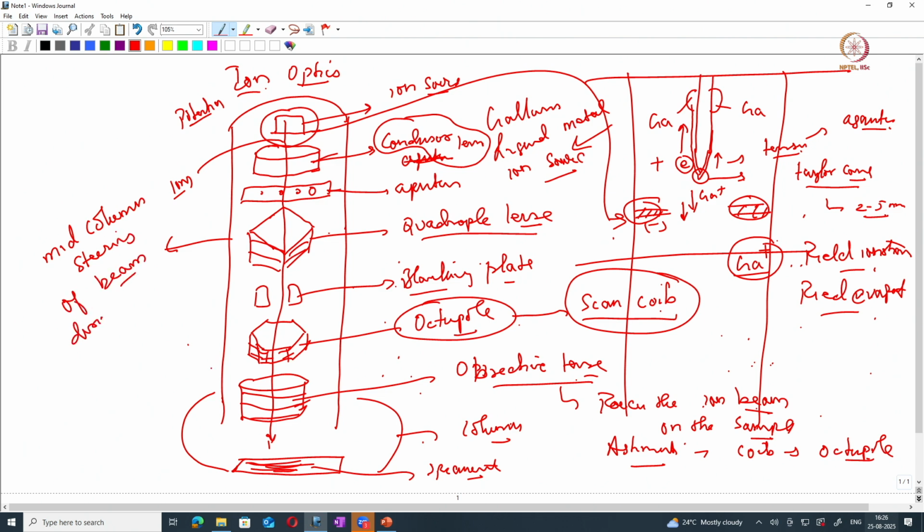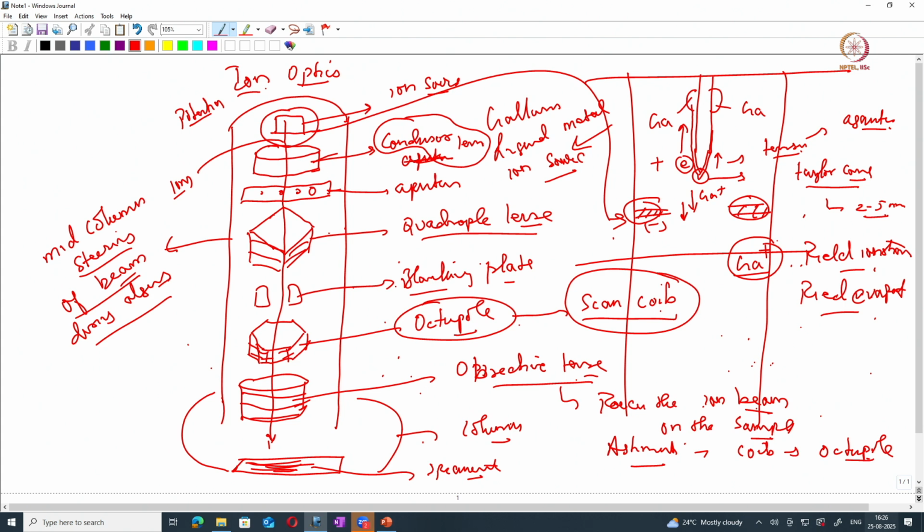Okay, so your quadrupole lenses and the octopole lenses are used for the steering of the beam during the alignment, or the movement of the beam on the sample surface. Okay, so one difference between the lens system in a normal electron microscope like in SEM or